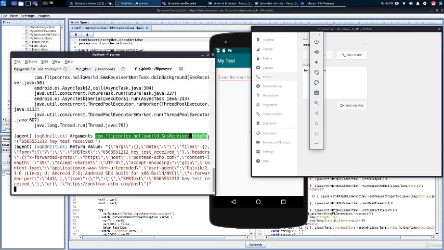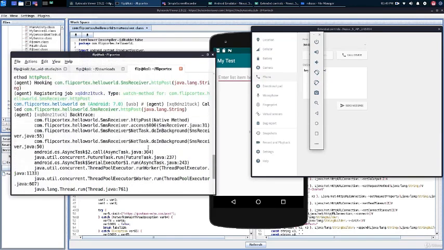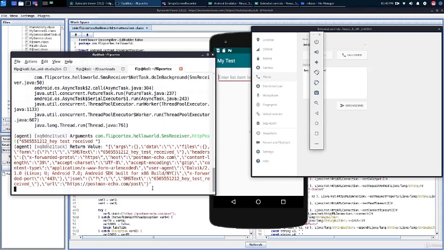Now, also, if we look at the arguments, we can confirm that it actually was the SMS that was passed as an argument. Similarly, if we look at the return value, we can see the URL with the HTTP parameters that are being exfiltrated. So we can see postman-echo, and we can see the contents of our SMS. So here we are 100% sure that the SMS is being stolen. Through static analysis, we got a clear picture, but it's not always so black and white.